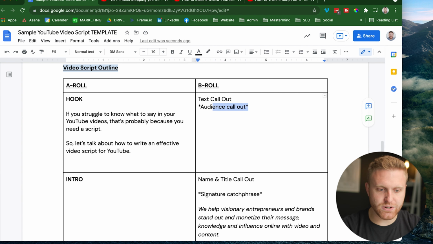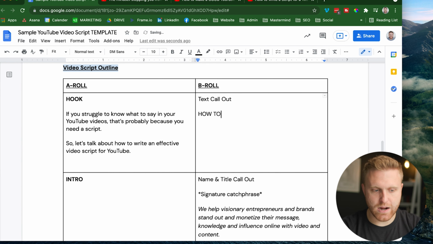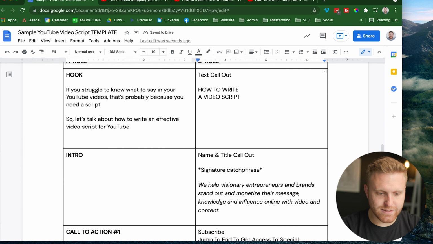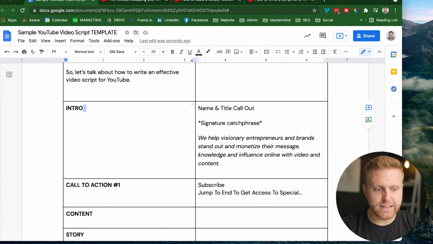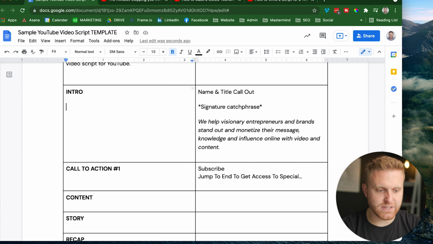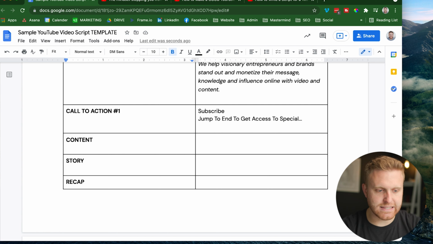I do want to make sure that I have a text callout that says, put in caps, how to write a video script. Something like that, some ideas. I recommend going back through, maybe having a draft 2 review session on your schedule for when you plan and script your content. This one you can keep as is, especially if you have this template built out and you should already have your video branding built out. That comes in and that drops in right there from the editing standpoint.